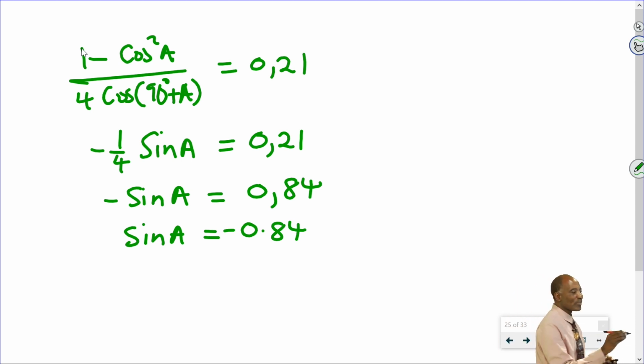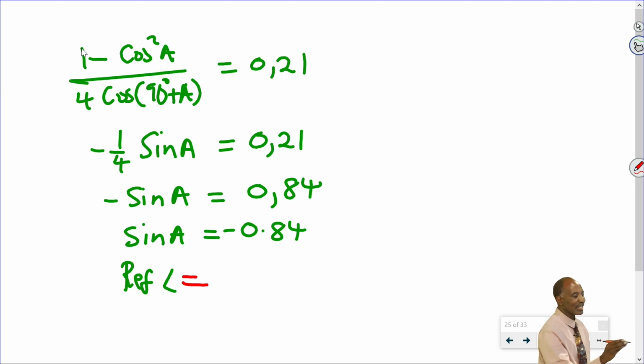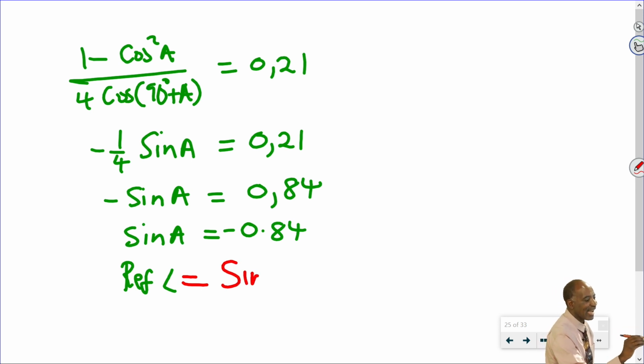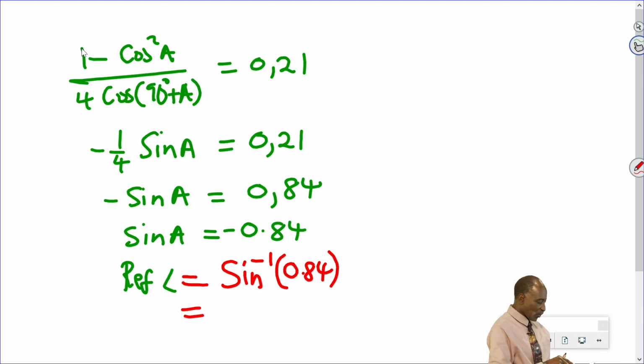Yes. Then from there, we are going to find our reference angle. Our reference angle is going to be equal to inverse sine of 0.84. Don't put the negative because this is a reference angle. Then you take your calculator and find your reference angle, which is second function or shift sine then of